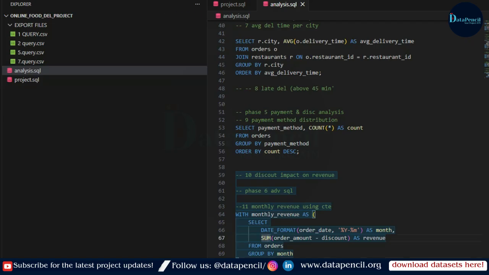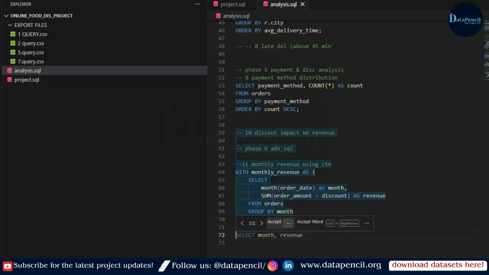What we have to do, we have to extract the month from the order date. Okay, if we extract the month, as we know the function month, what it does, it simply extracts the month from the date column, and the date column is order date here, as month. Okay, it's fine. Right, now sum of order amount minus discount as revenue, this is also correct from orders table, and then we have to group by month. We have to use this,